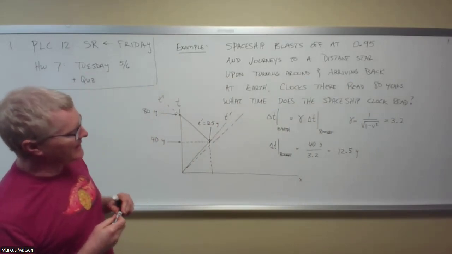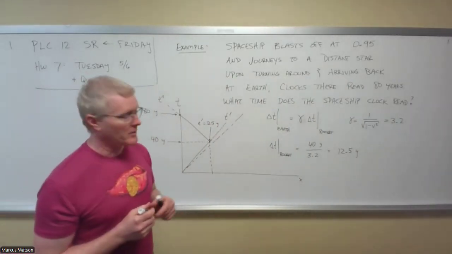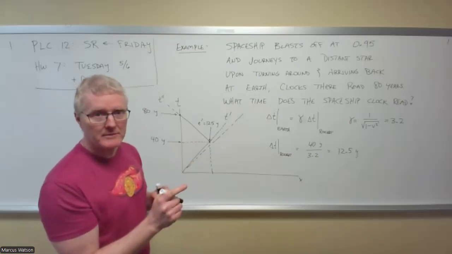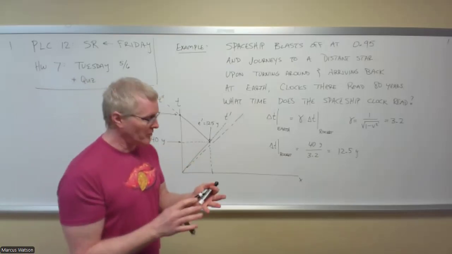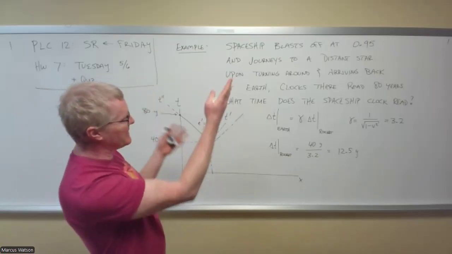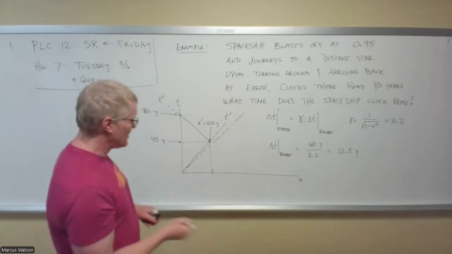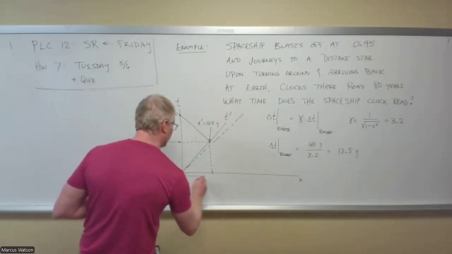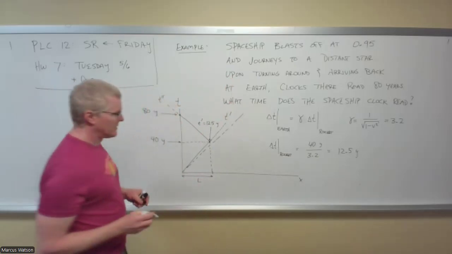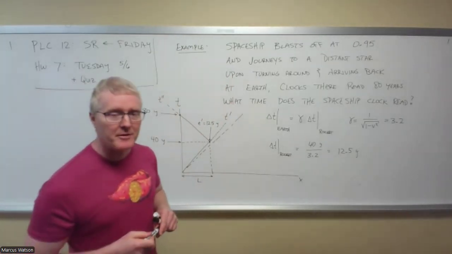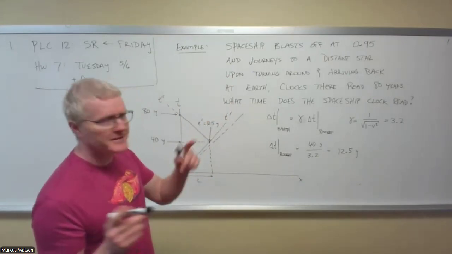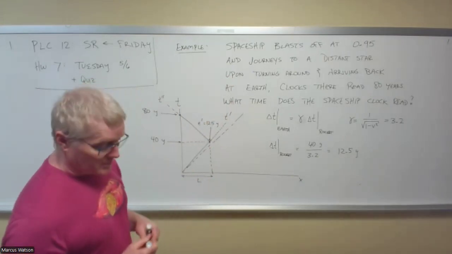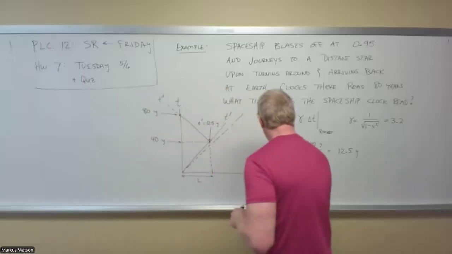Let's try to calculate how far away the rocket went. All right, so how would we calculate that? I've got multiple amounts of time. I've got a speed here. I'm looking for a distance. What if I'm trying to calculate this distance right here? That is to say, what's the proper length between Earth and the star, the distant star? We can calculate L,